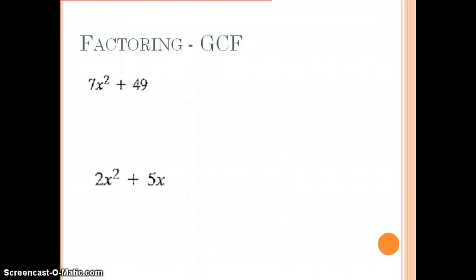So again, the first step in factoring is to look for a GCF. And again, a GCF stands for the greatest common factor, and the greatest common factor is the number or variable that each of the terms has in common. So if you look at 7x squared and 49, hopefully you recognize that both of them have a factor of 7. And when we worked on greatest common factor, you pulled out that GCF and then you asked yourself, well, what would I have to distribute to